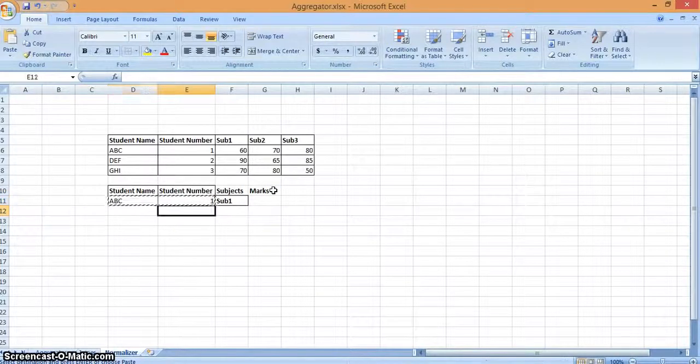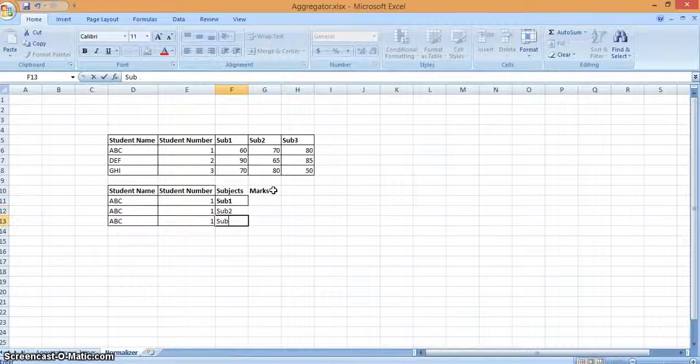Here we have 3 subjects, so I am taking the student name 3 times for the 3 subjects, and coming to the marks, 60, 70, 80.